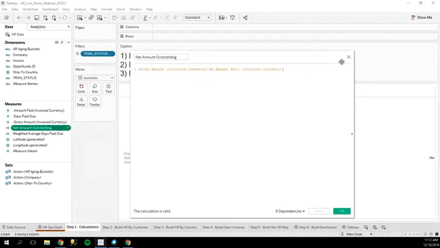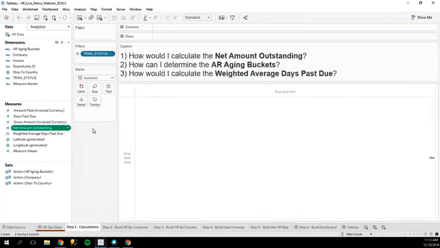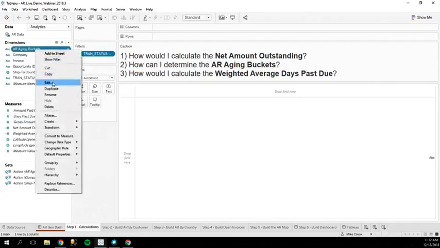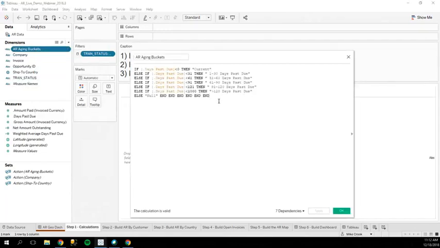Pretty simple calculation. Now, the second thing I wanted to do was take all of the AR aging, which is how old the invoices are, and turn them into buckets. I have the days past due already calculated in the data for me, but I wanted to turn them into buckets. So with this nested if, I'm analyzing what the days past due is, and if it's a negative number, it means it hasn't happened yet, so I'm going to put it into current. Then I've broken them into 1 through 30, 31 through 60, and you can see the rest of those